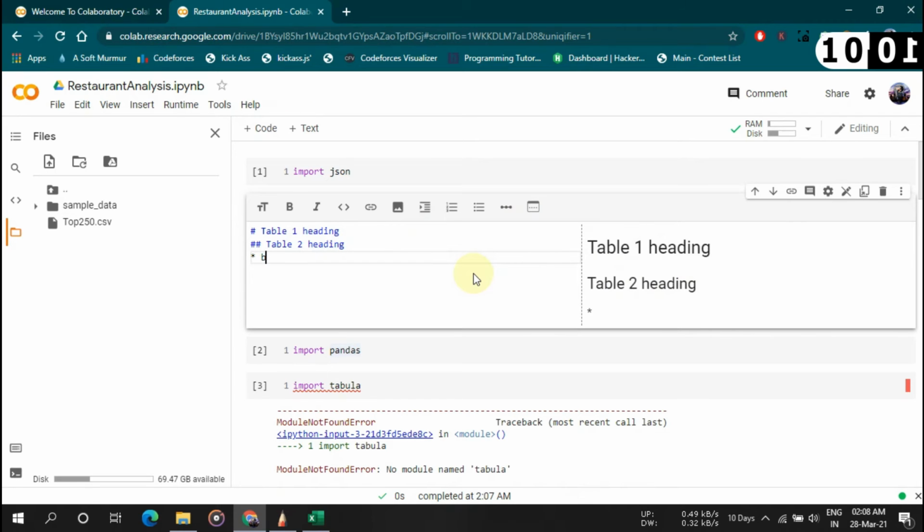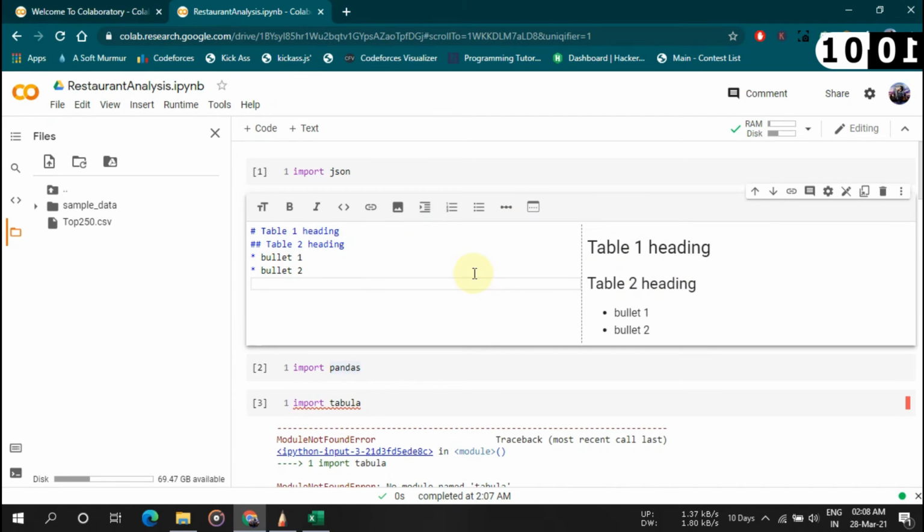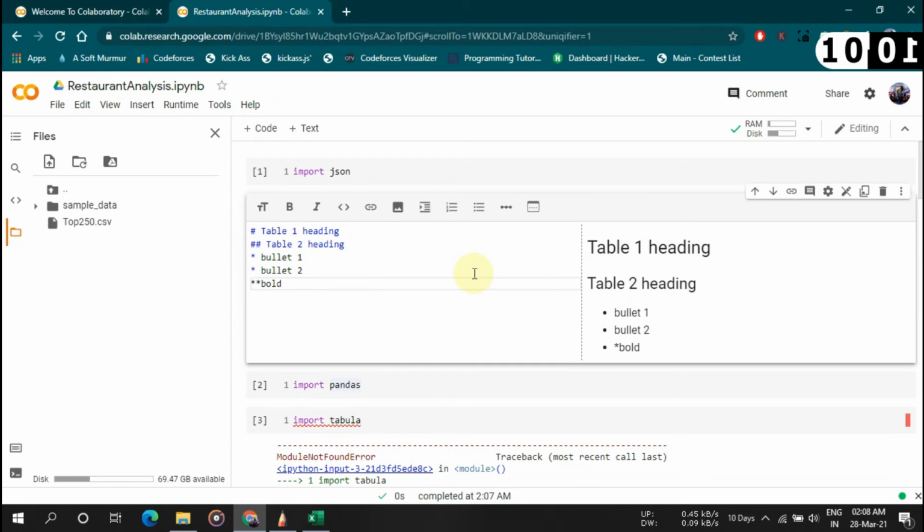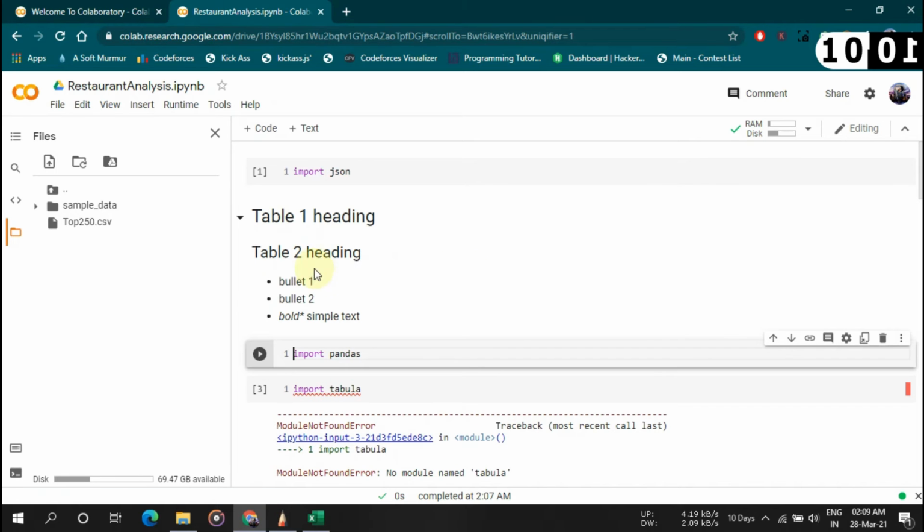You can do bullet points, bullet 1, bullet 2, or you can use bold. These are all the typing styles of the markdown text file. So if you are familiar with MD files, you can easily write italic, you can write bold, you can write simple text also.